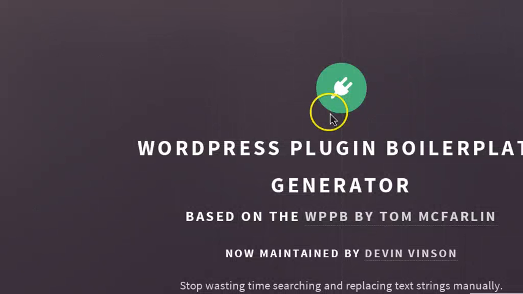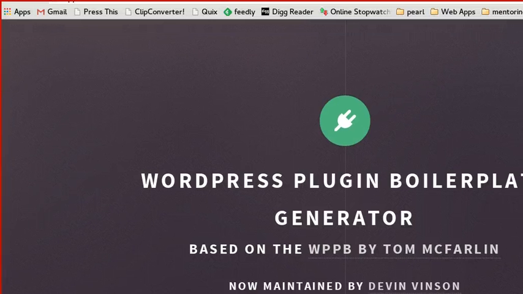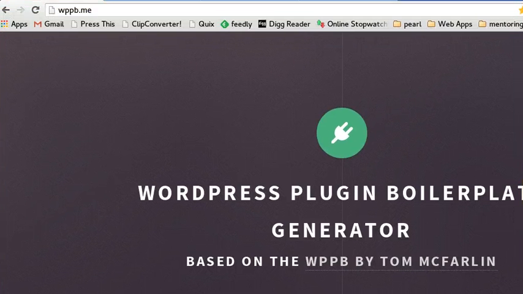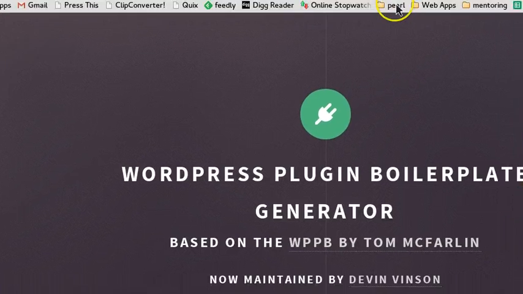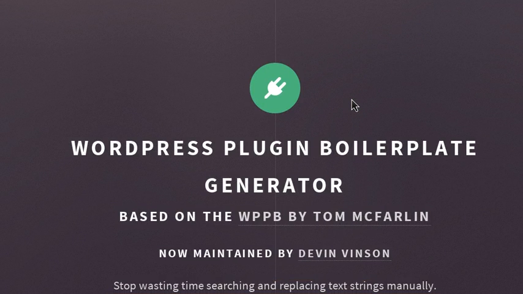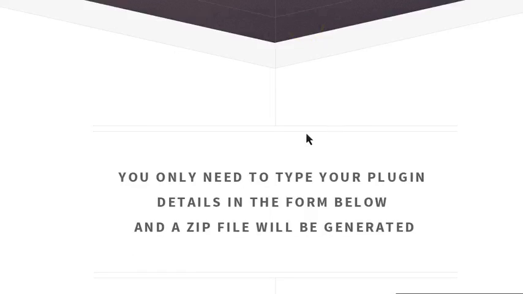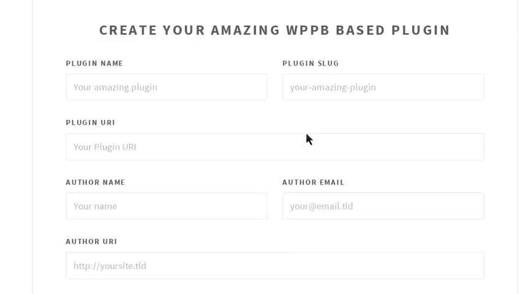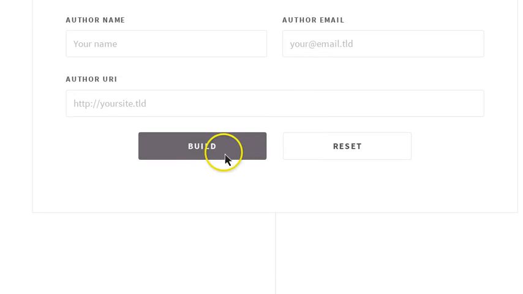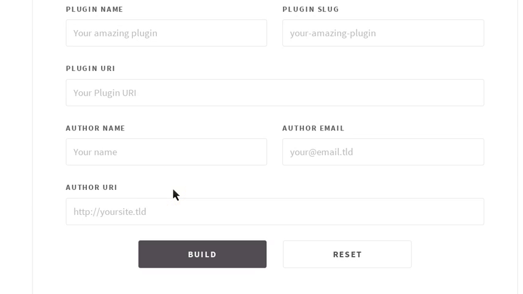First, you can actually go to this website here, which is wppb.me, which is an automatic tool that compiles the boilerplate and sets up all the files with the right names and alters all the variables. So you can just enter your details and click build, and then you'll get a zip download. Then once you've installed it,